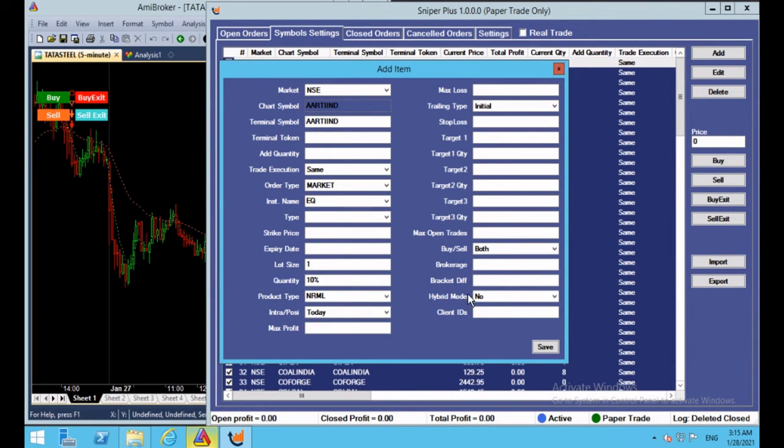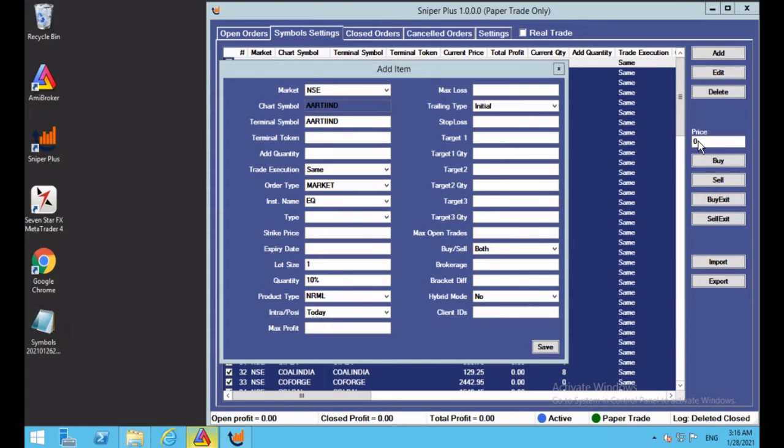The next feature is hybrid mode. Now I will explain what hybrid mode is. Imagine you got a buy call at 100 and the stop loss is 98, and the stop loss has been triggered and you are at 2 rupees loss. But the trend has not changed. Imagine you are getting a buy call and the trend has not changed and a sell call has not appeared in your AmiBroker chart or any other platform. So the trend has not changed, but the stop loss shows 2 points or 5 points, something like that.